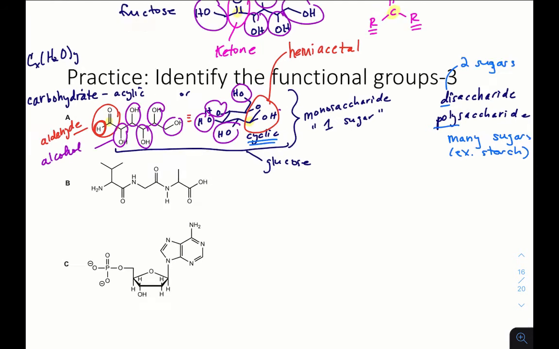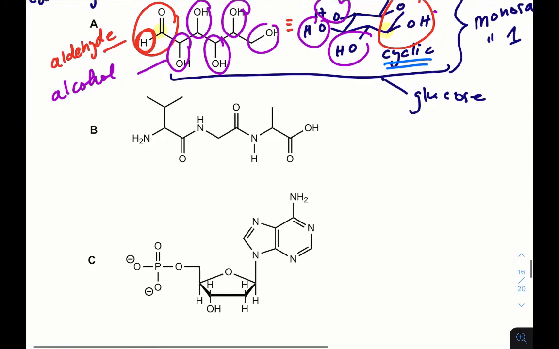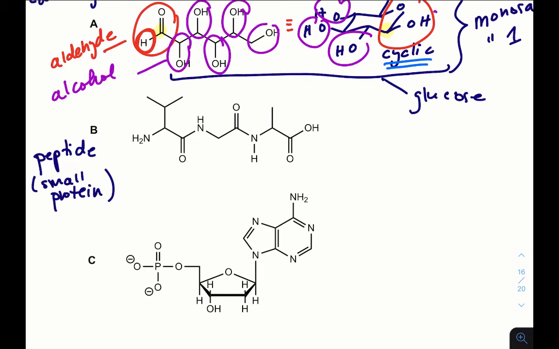Let's move on to molecule B. Do you recognize molecule B? Yes, molecule B is a peptide, and it's just a small protein. Proteins, of course, have many amino acid units. The peptide is just a couple. So this comes from